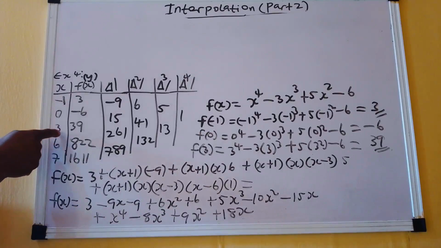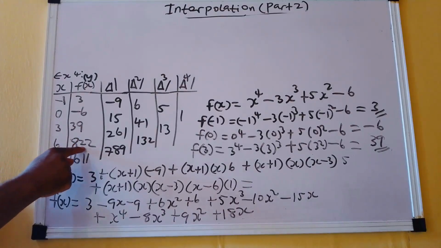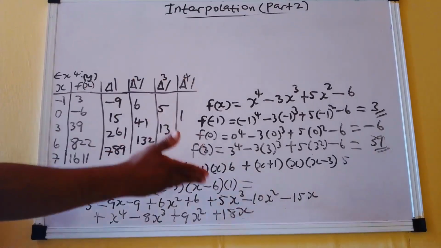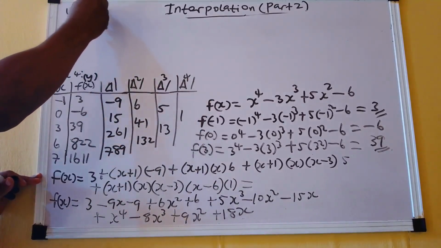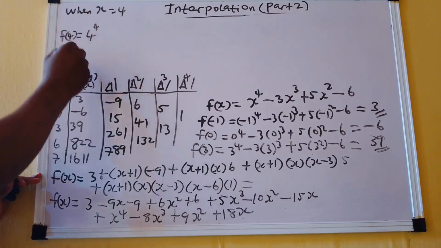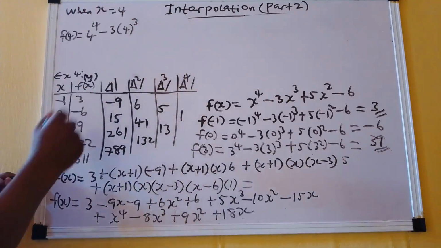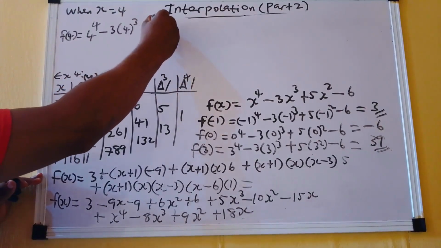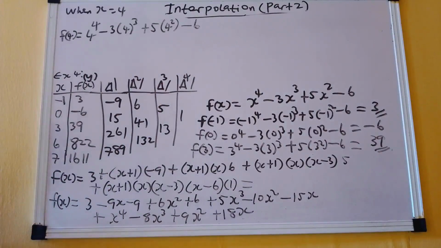Now you can see in between 3 and 6, when x is 3, f of x is 39. When x is 6, f of x is 822. You put these values in as I have put these other values in. Now I want to try when x is equal to 4, so our f of 4 will be equal to 4 raised to the power 4 minus 3 into 4 raised to the power 3 plus 5 into 4 square minus 6. If you carry this out, you will find out that you get